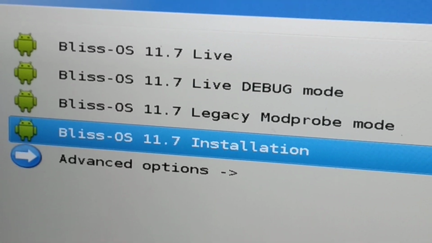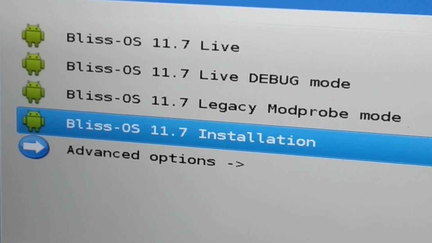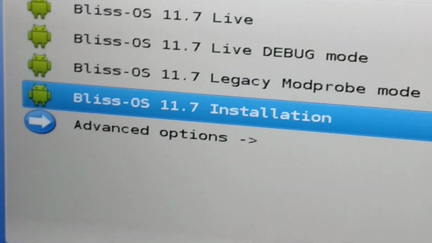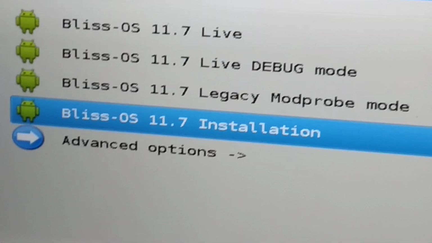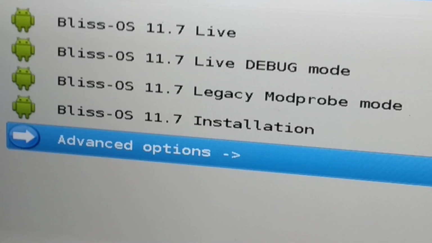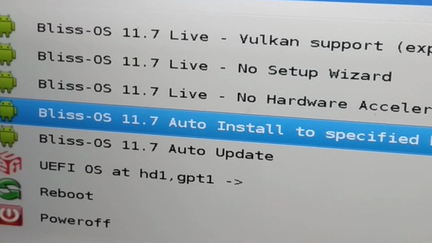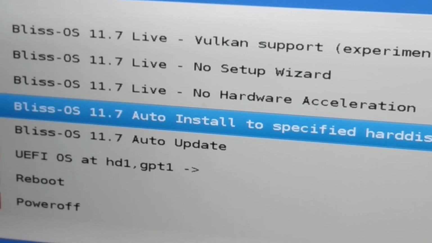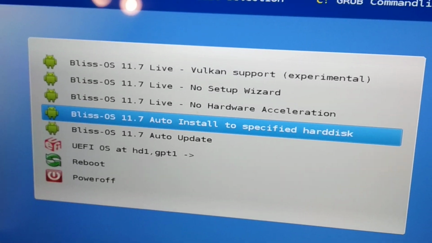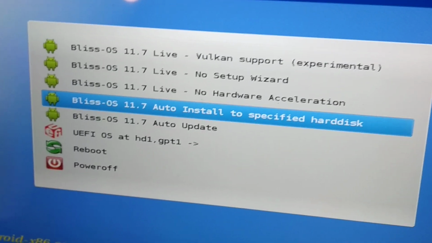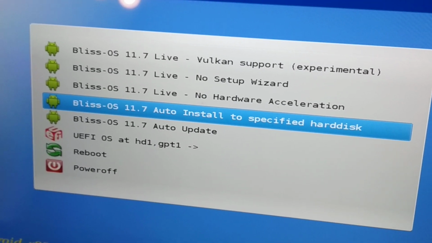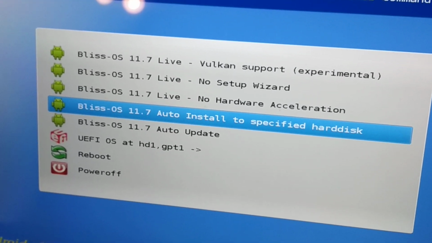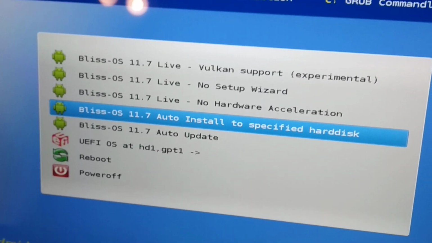This mode is only useful if you want to side install it, like next to Windows or Linux. But we will go to the advanced options and use the auto install to specified hard disk. This will make our lives a lot easier, since we won't have to format the disk and all partitions ourselves. It will do it automatically. So we press enter on here, and then we will have to decide